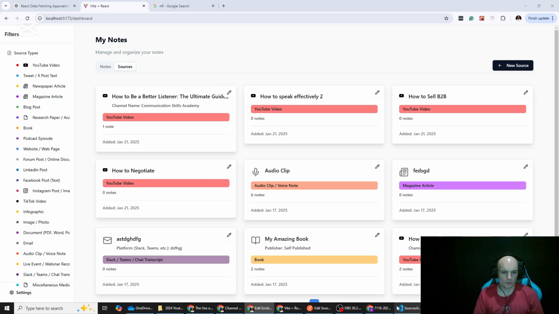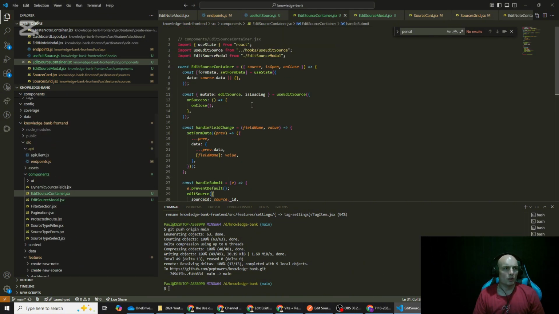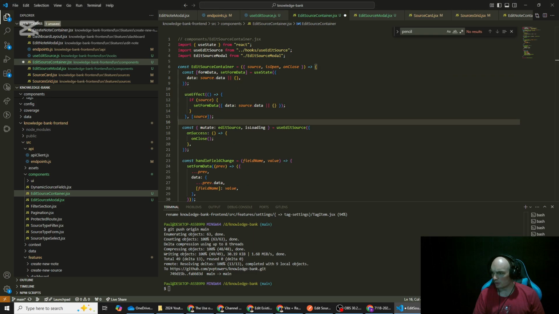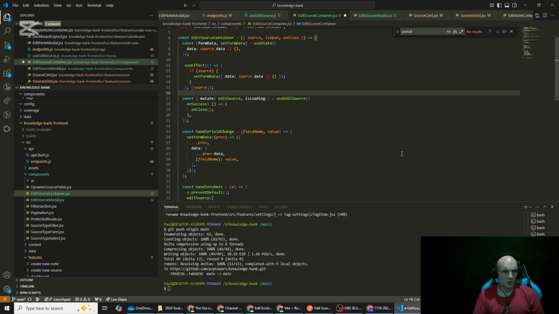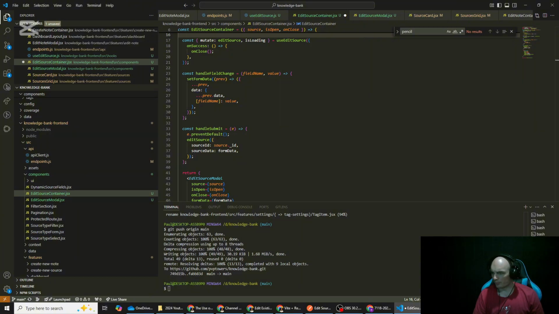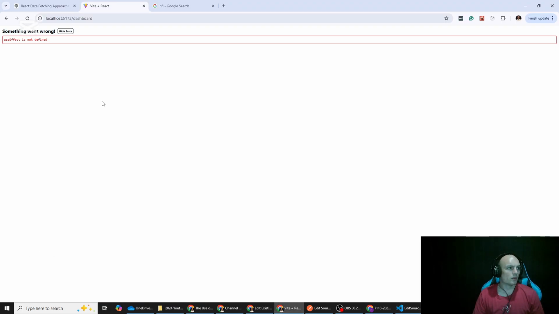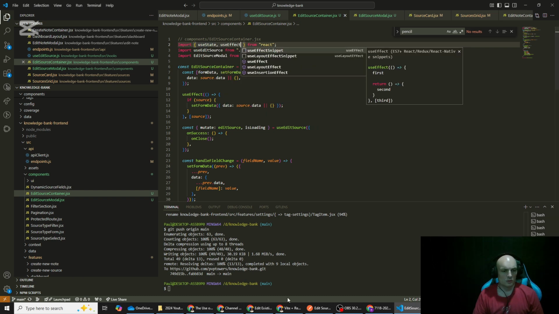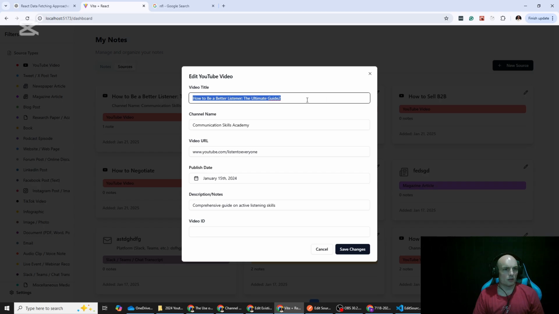Right, so you now edit source container. That stays the same, use effect. Just add in this. And then our mutate, use mutate on close, yep. Handle form change, field name, handle submit, source data, yep. Alright, cool. So that, of course, not defined. Use state, use effect. Sources, edit,